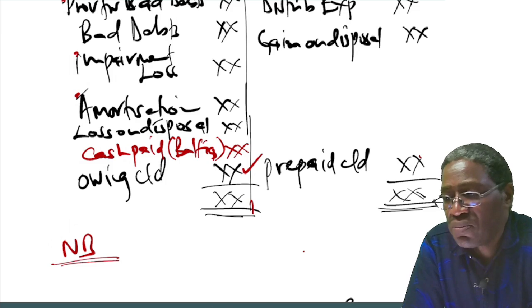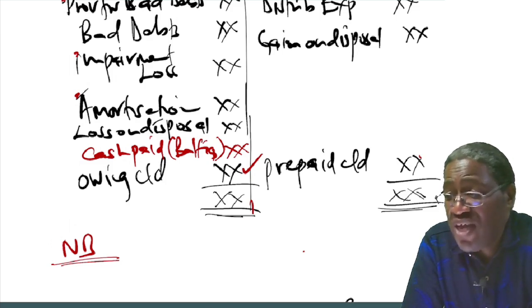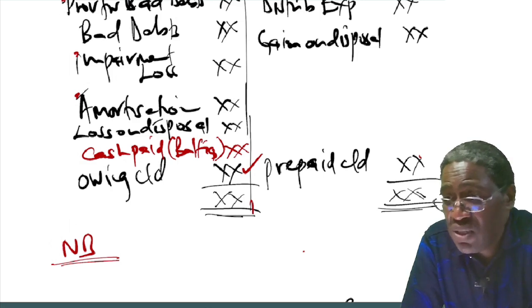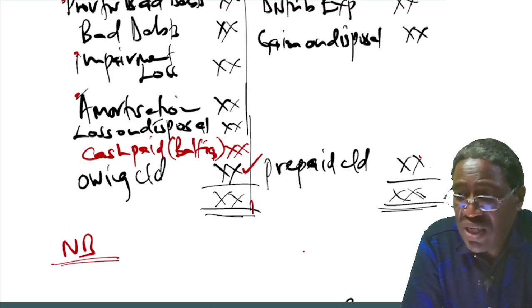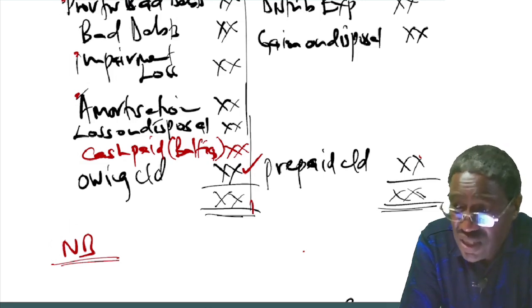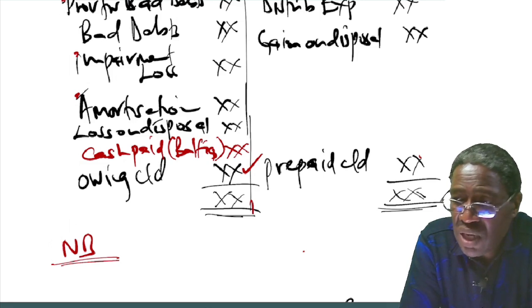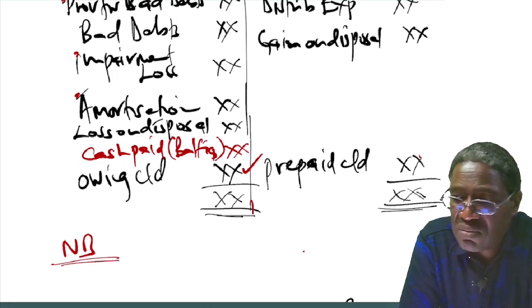Please stop. Or you can put a comma. Only if they are not shown separately in the income statement, comma. Otherwise, if they are shown separately in the income statement,